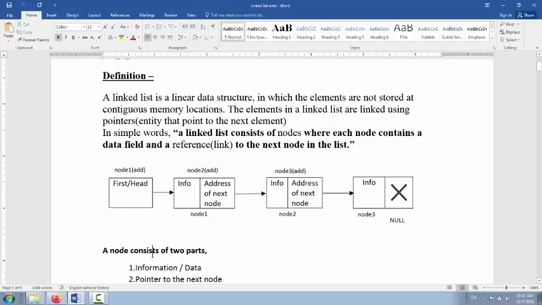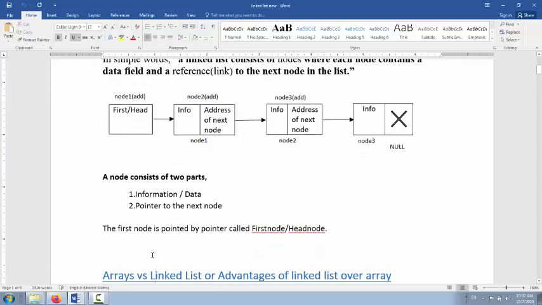In a simple way we can say it is a kind of chain. In a real life example, it can be a train. Inside the train, the train has the engine, and the engine is connected with a number of dabbas, or coaches. So a whole train is a base real life example of the linked list.